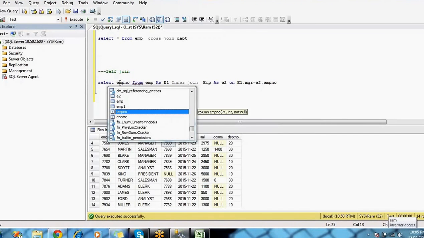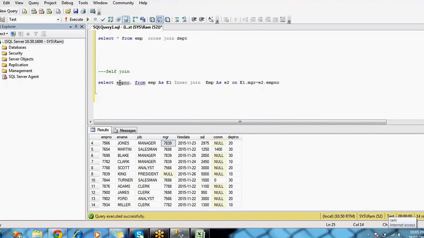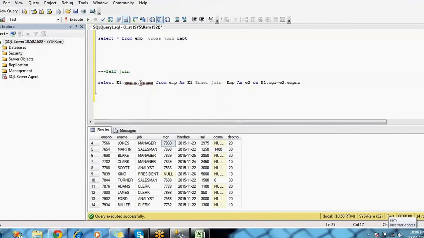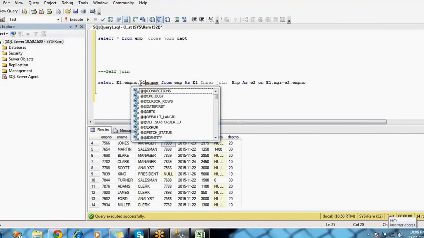EMP number, comma, employee name. So you have to specify from which table you are going to take these columns, because this EMP number and EMP name exist in both tables. Since both tables are the same table, you have to mention which one you are taking from. From the E1 table, and this is employee name from the E1 table.